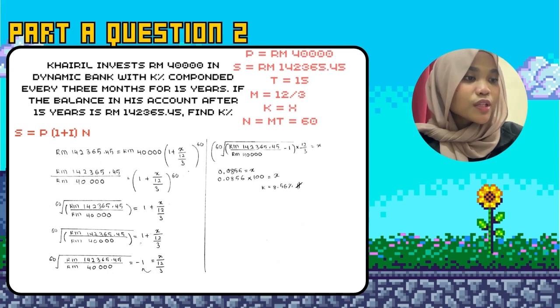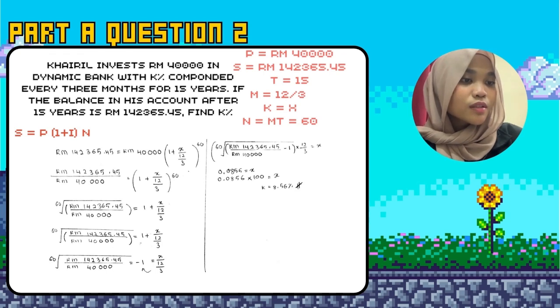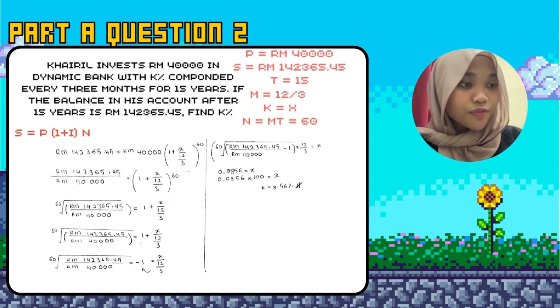X over 12 over 3, closing the bracket. We have to change the position of 40,000, sorry. So we will get 142,365.45 over 40,000 equals bracket 1 plus X over 12 over 3, closing the bracket, 60. So we will be using the source of power. 60th source of power bracket RM 142,365.45 over 40,000. So we will get 60th source of power